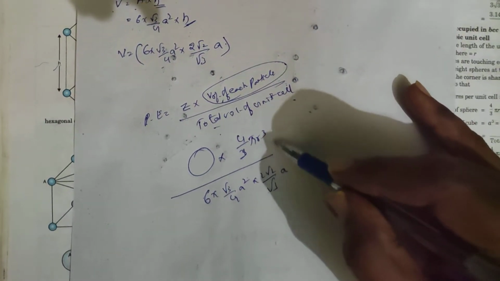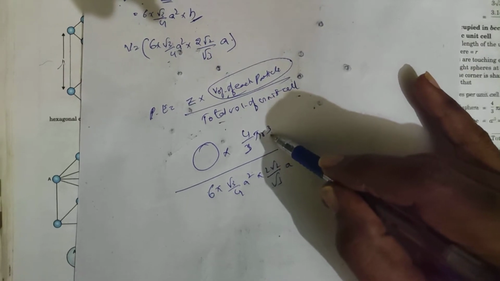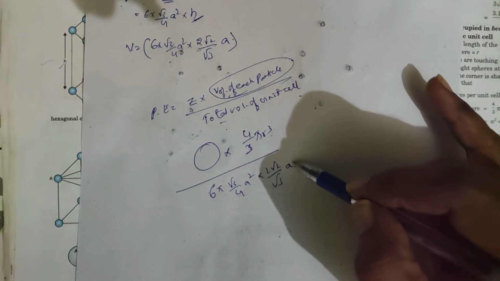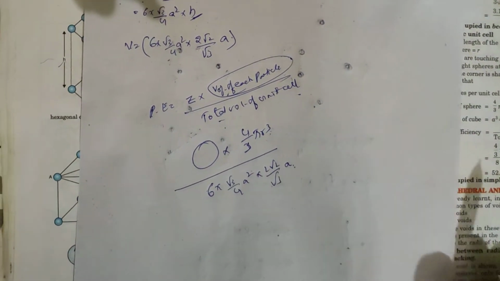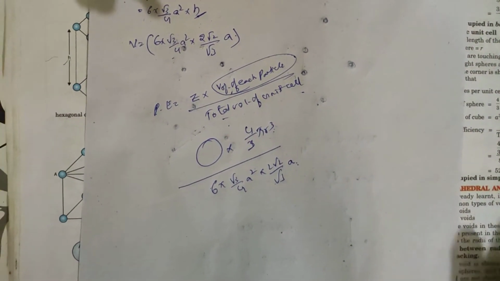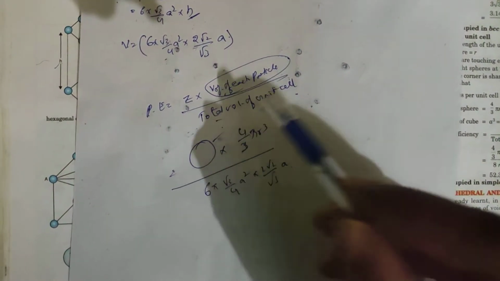You convert these two things into the same value. You convert this into either a cube or this one into r cube, this one in terms of r, this one r in terms of a. Nothing happened. You convert this one, a is equal to nothing but 2r, right? You convert the value like that so that you will be getting a cube. You should now calculate the value of z.